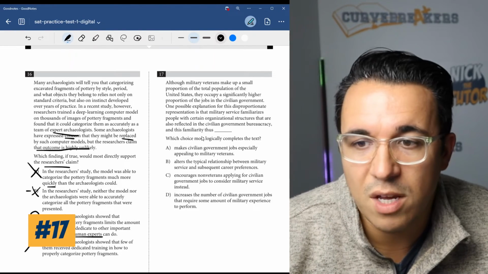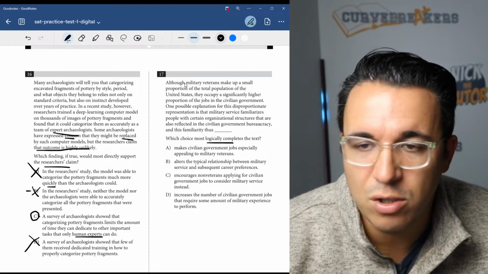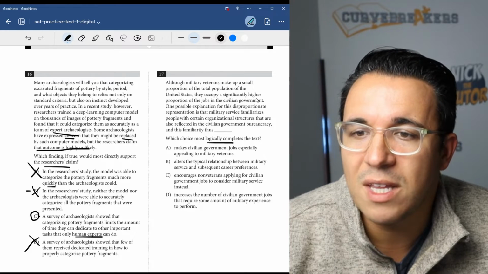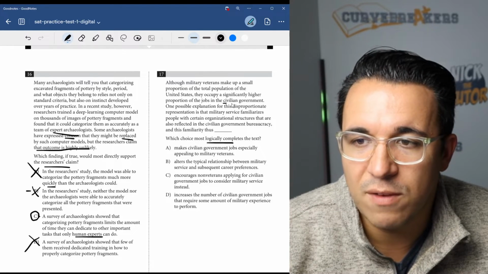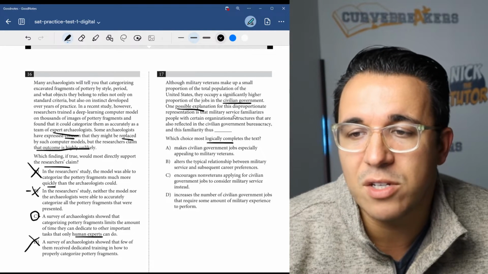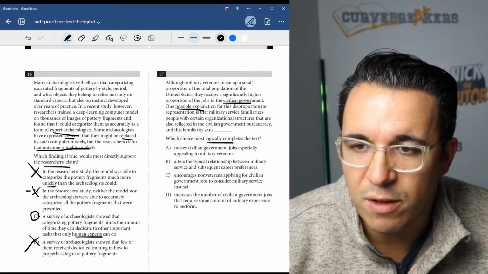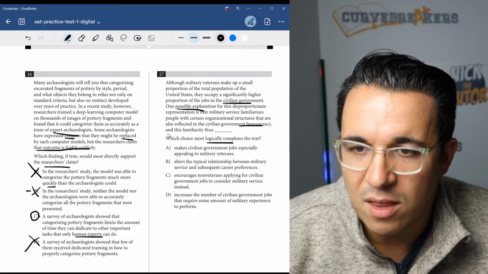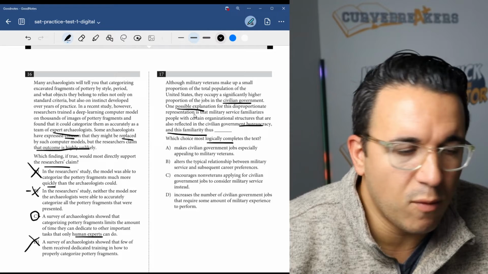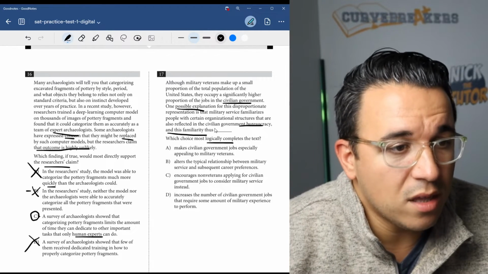All right, let's get into number 17. So logically complete the text. We have to see what this says and try to complete a logical progression. Although military veterans make up a small proportion of the total population of the United States, they occupy a significantly higher proportion of the jobs in the civilian government. One possible explanation for this disproportionate representation is that military service familiarizes people with certain organizational structures that are also reflected in civilian government's bureaucracy, and this familiarity thus makes people who work in the military well suited for these kinds of government jobs, right? So something that says that they will like the jobs and they'd be good at them,